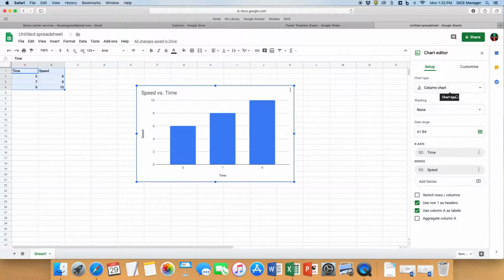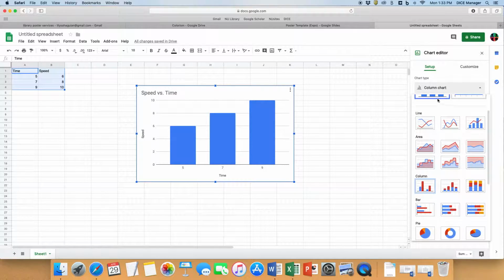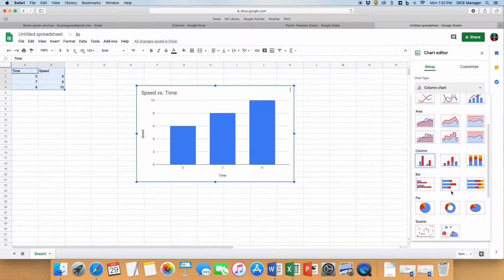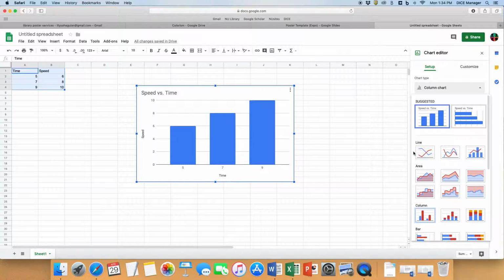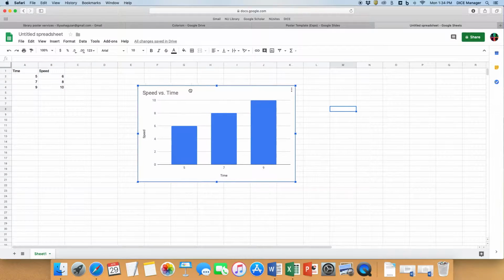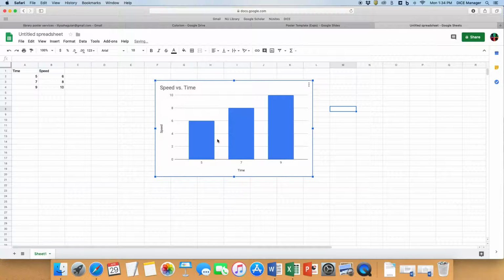But one thing I do want to mention is if you're looking for a bar graph or maybe a pie chart, by clicking on column chart over here is where you can pick quite a wide variety of graphs. Okay, so now that you've entered your data and you've generated your graph, the next step is to insert this